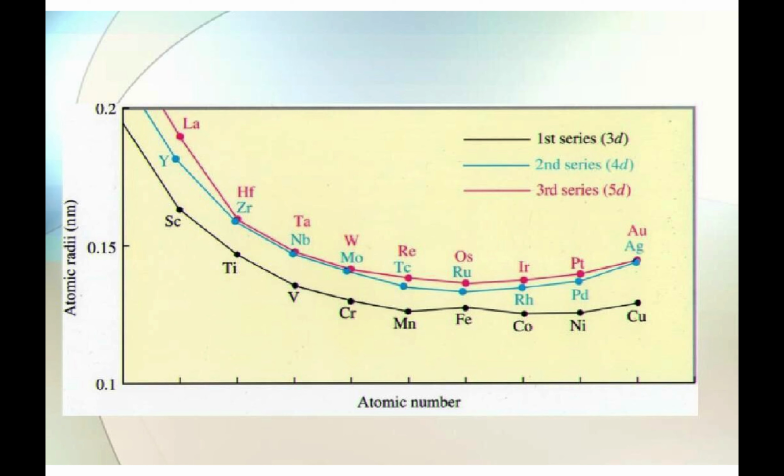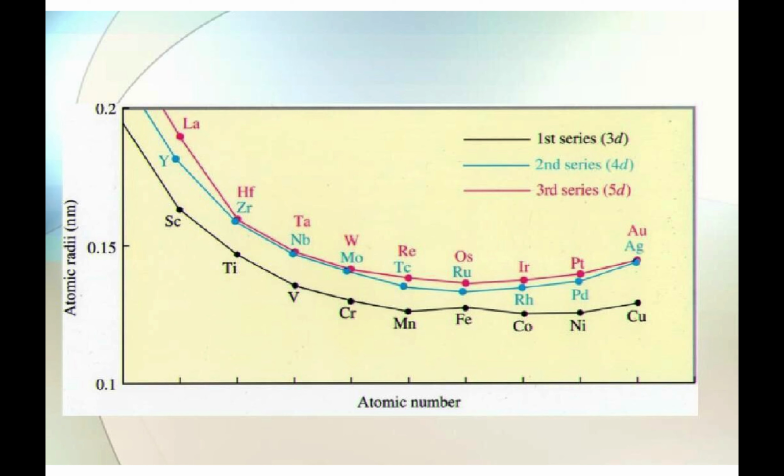Ions of the same charge in a given series show a progressive decrease in radius when the atomic number increases. Why is this happening? Because when a new electron enters the d orbital, each time the nuclear charge also increases. You have to remember that the shielding effect of d electrons is not that effective. So the electrostatic force of attraction between the nuclear charge and the outermost electron will increase. Therefore the ionic radius will decrease. You can observe the same trend in atomic radii of a given series.